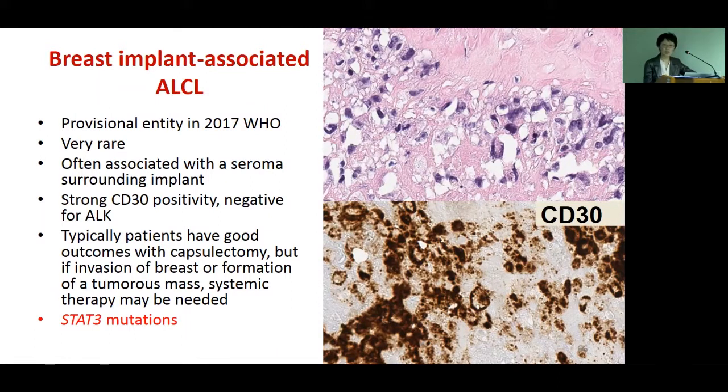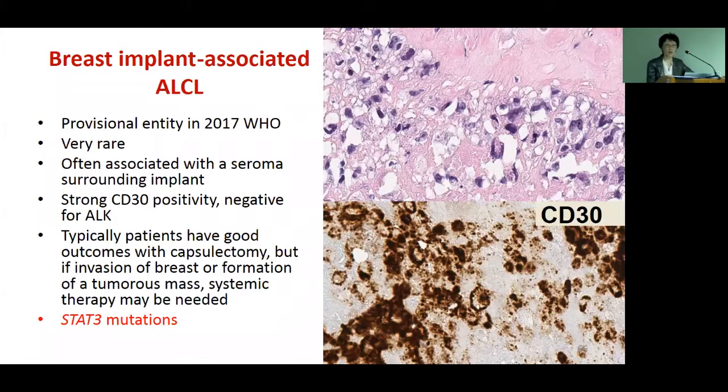They're characterized by strong CD30 expression, absence of ALK protein expression. Patients typically do very well with removal of the capsule, but if there is invasion of the breast tissue or formation of a tumor mass, the patients do have a higher incidence of developing systemic disease. Notably, recent studies have shown that potentially 30% of the cases that have been investigated have mutations in the STAT3 gene,